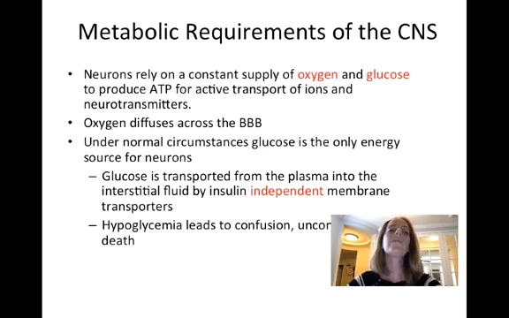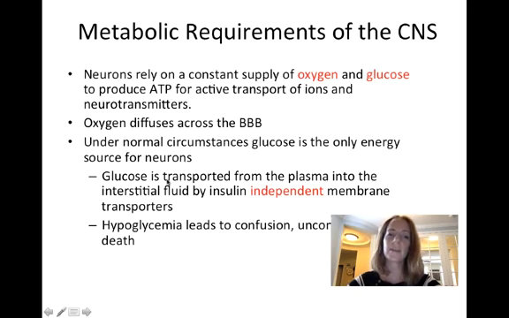So one of the reasons for the tight regulation of the blood-brain barrier is that neurons have very specific metabolic requirements. They are reliant mostly on oxygen and glucose for their metabolism. So the oxygen can diffuse across the blood-brain barrier, and under normal circumstances, glucose will be the only energy source